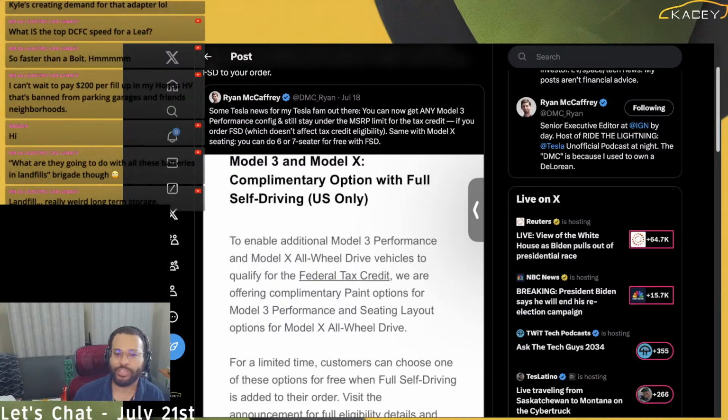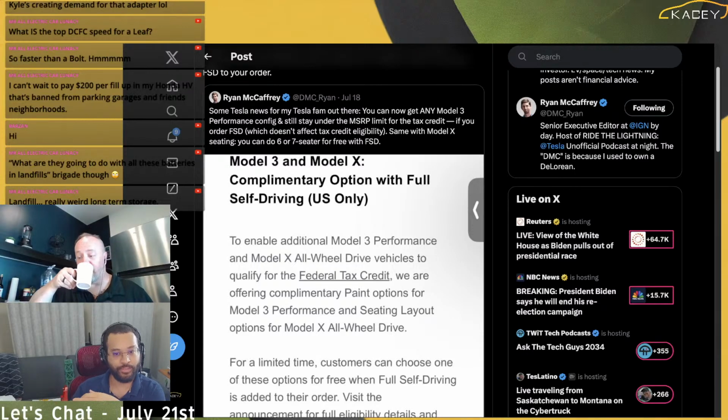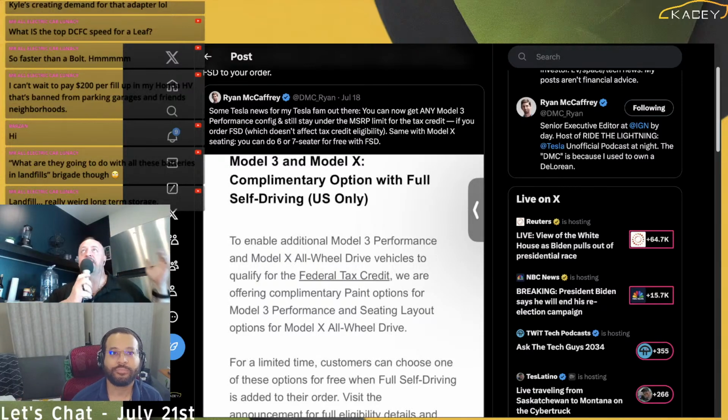Since FSD doesn't impact your qualification for the tax credit, they are allowing you, if you get that, they'll write off the price of the color upgrade. Discount, yeah, exactly. And this is an easy demand lever. The other colors don't actually cost them anything, not any more than any color.